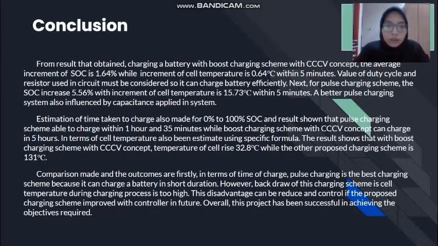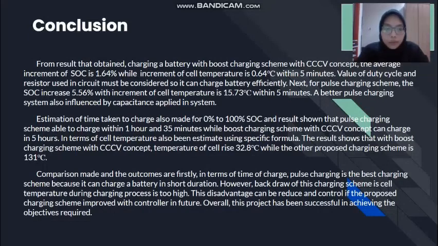Estimation of time taken to charge was also made from 0% to 100% SOC, and the results show that the pulse charging scheme is able to charge a battery within 1 hour and 35 minutes, while the boost charging scheme with the CCCV concept can charge a battery in 5 hours. In terms of cell temperature, it has also been estimated using a specific formula. The results show that with the boost charging scheme with the CCCV concept, the temperature of the cell rises 32.8 Celsius, while the other proposed charging scheme is